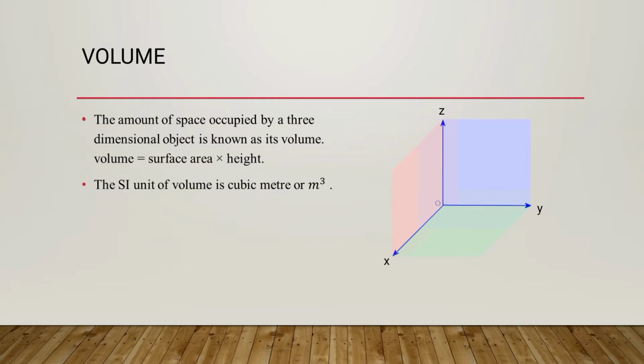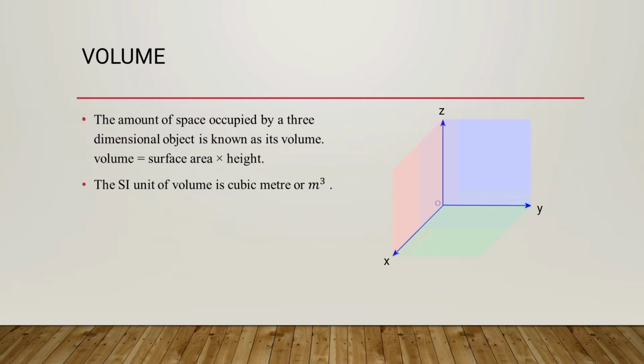First, volume. What do you know about volume? Volume is a 3-dimension unit. 3-dimension means 3 axes, that is x-axis, y-axis and z-axis. In 2-dimension, we will only have 2 axes, x-axis and y-axis. So all the objects which we are seeing in real life are in 3-dimension. The picture shows the 3-dimension axis which you can imagine as the corner of the room. So the amount of space occupied by a 3-dimension object is known as its volume.